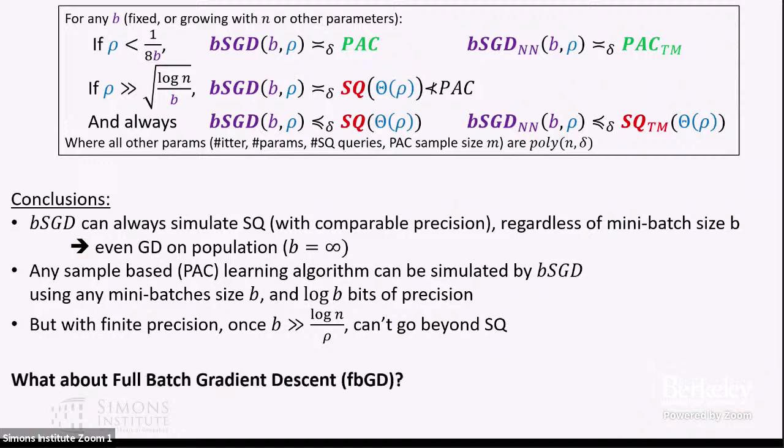What about full batch gradient descent? One way to think about this is that there's an advantage of mini-batch SGD over full batch gradient descent. Full batch gradient descent is a bit different than using a batch size of infinity. We still have a limited batch size, but we keep using the same examples. So here you can take the exact same